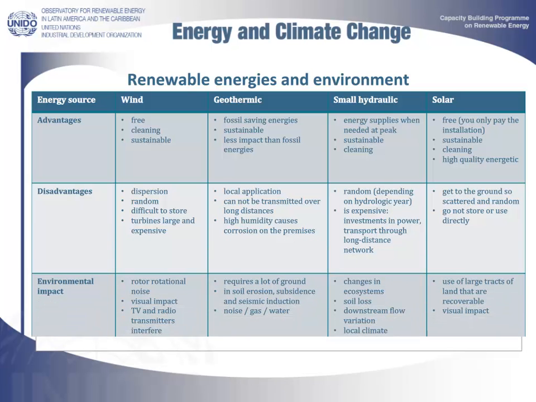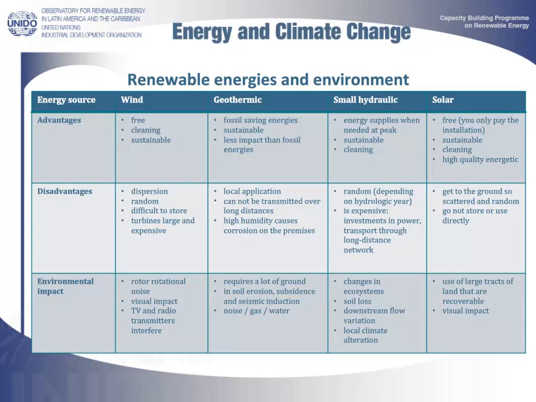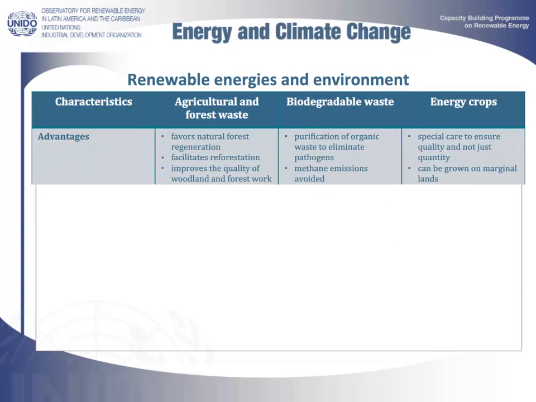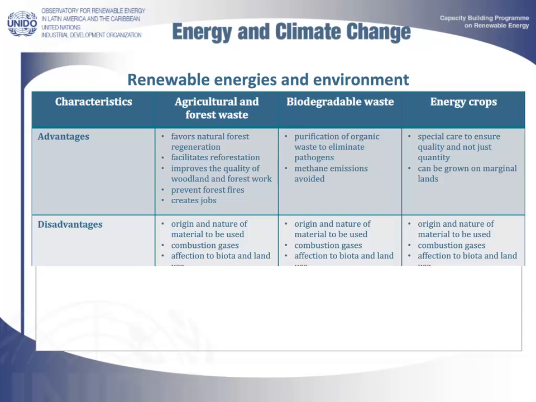of fossil fuels. In the first slide, we see the impact that wind power, geothermal, hydro, and solar energy have on ecosystems, the land where they are installed, and also their impact on the generation of noise, visual impact, and so forth. It also depicts the drawbacks in terms of current costs for purchase and installation. Also, the difficulty of storage, and hence the inoperability of such installations at certain times. The other slide shows the characteristics of different types of biomass when applied for the generation of power.